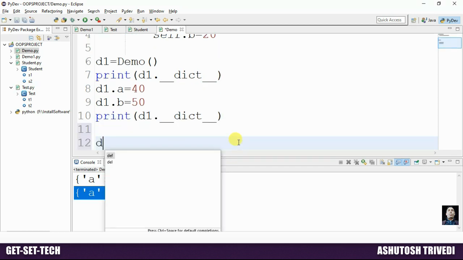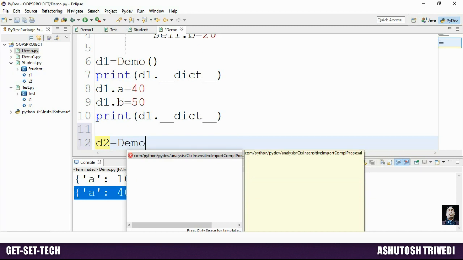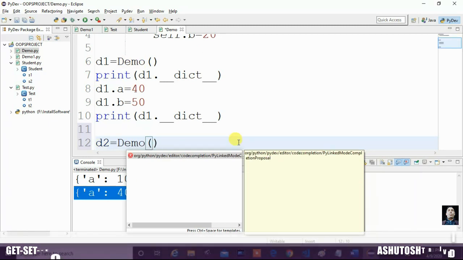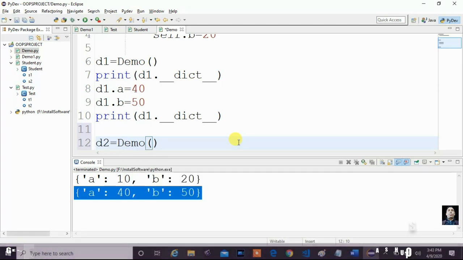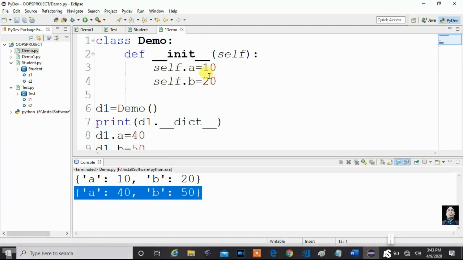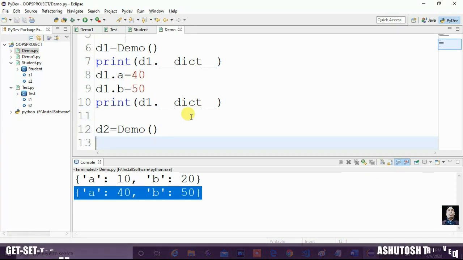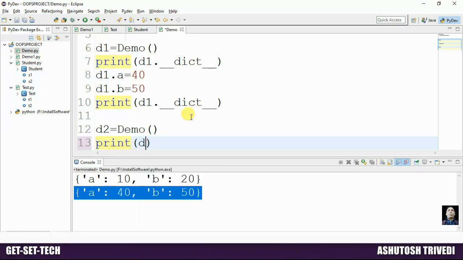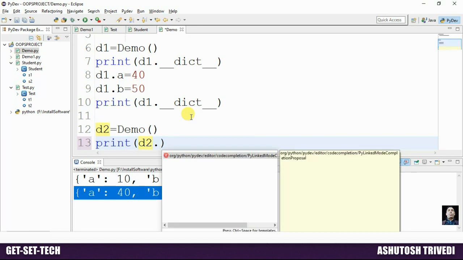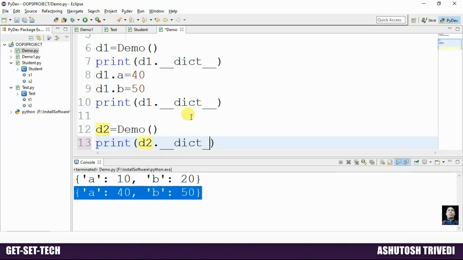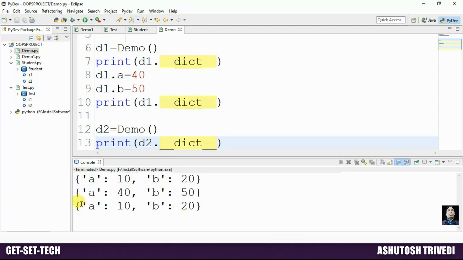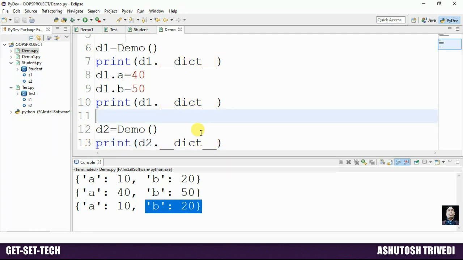Now we create another object of the class, d2 = Demo(). When you create another object of a class, new memory will be allocated, and in this object two instance variables will be added, whose values are 10 and 20. Now if you try to print the d2 object's instance variables by calling __dict__, watch here: for the d2 object, there are two instance variables, where a is 10 and b is 20.